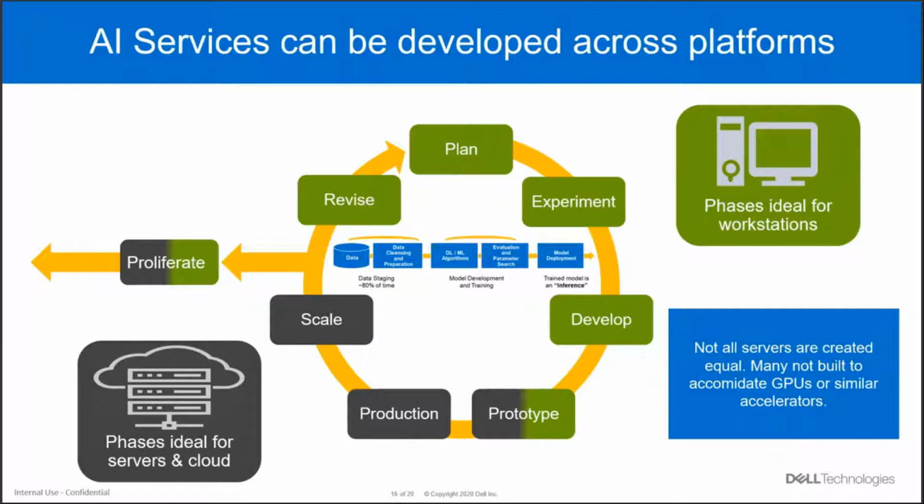Point is, it's kind of a wheel, right? And the ability to go back and forth is nice. Make workers more productive, get things rolled out sooner. But there's something really important to know about this. As we go to these servers, going back and forth from workstations to servers, or different types of servers or cloud providers, one thing to bear in mind: